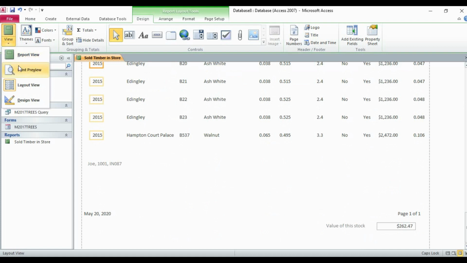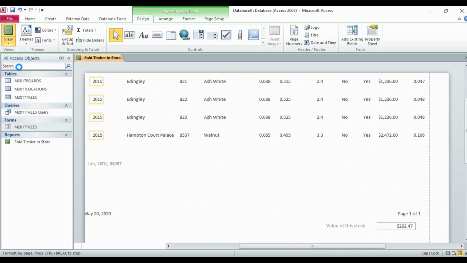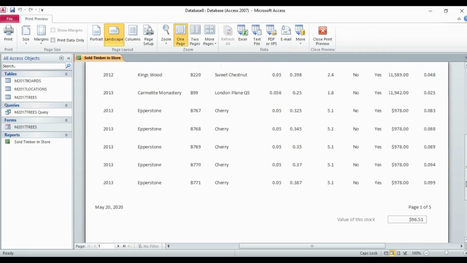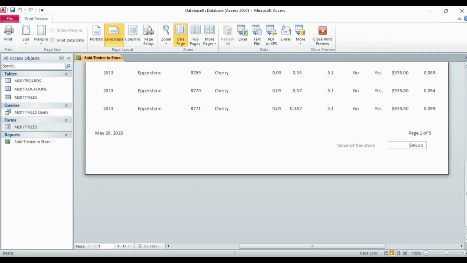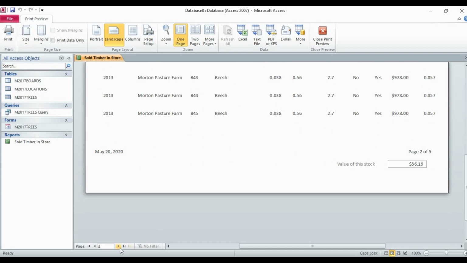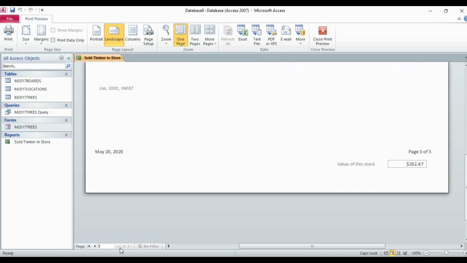So if we go to print preview, this is the first page of the report, second page, third page, fourth page, and fifth page of the report.